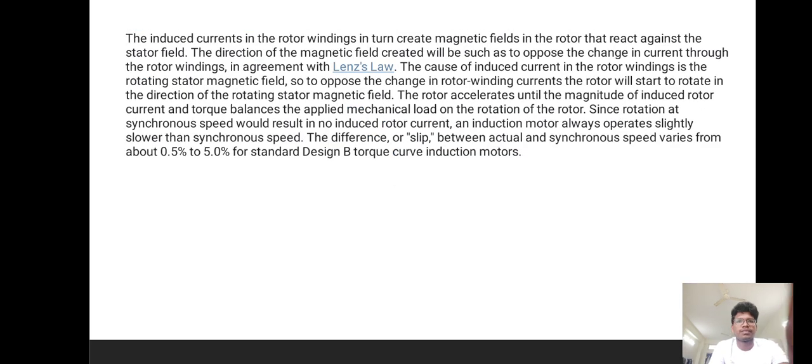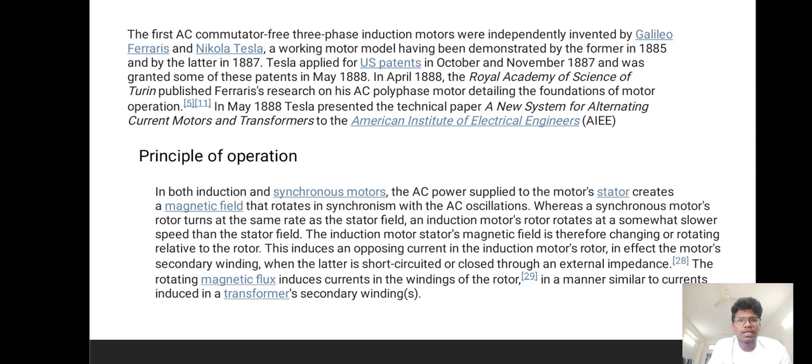Principle of operation. In both induction and synchronous motors, the AC power supplied to the motor stator creates a magnetic field that rotates in synchronism with the AC oscillations, whereas a synchronous motor's rotor turns at the same rate as the stator field. An induction motor's rotor rotates at a somewhat slower speed than the stator field. The induction motor has a magnetic field, therefore, changing or rotating relative to the rotor. This induces an opposing current in the induction motor's rotor, in effect the motor's secondary winding,